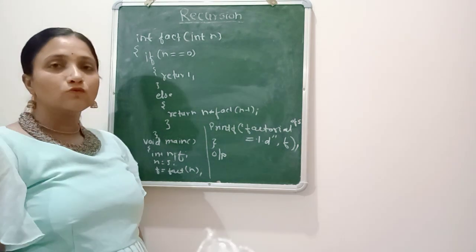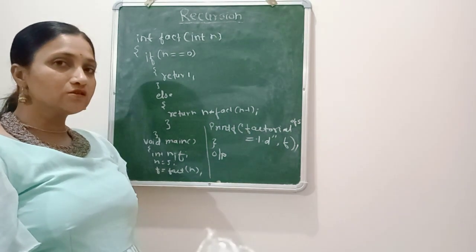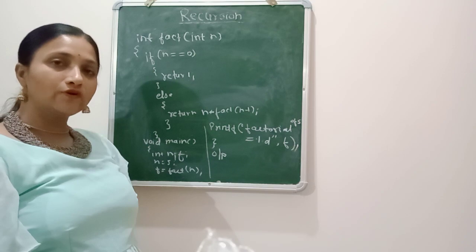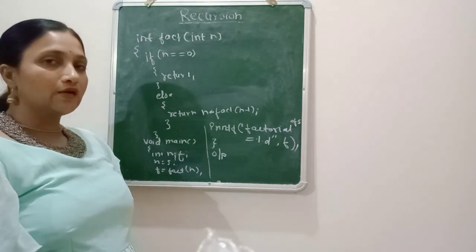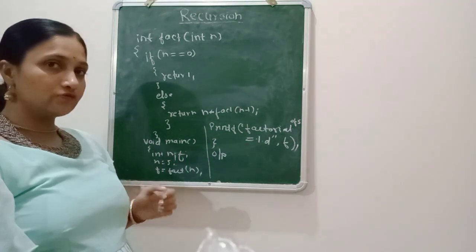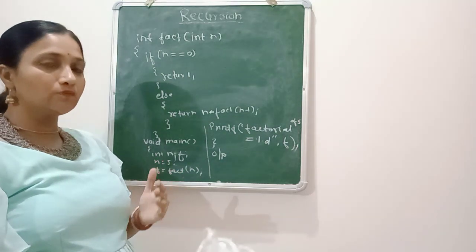Today we'll be seeing what is recursion. Recursion is a method by which a function calls itself. And another alternative for recursion is, suppose you want to find, you must be knowing the program for